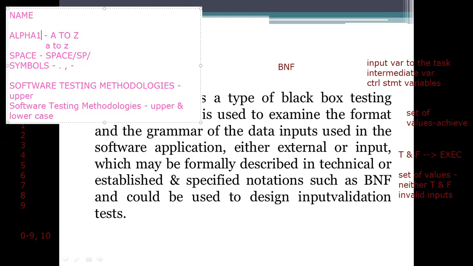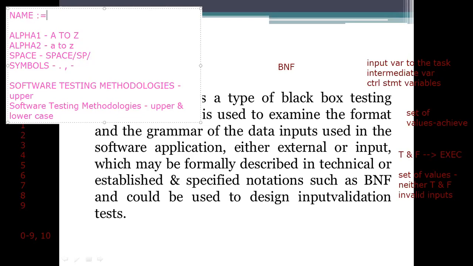Make it alpha 1 and make it alpha 2 for a clear representation. So what does alpha 2 consist of? Letters which are in lowercase. And now design the name here. What is the name?